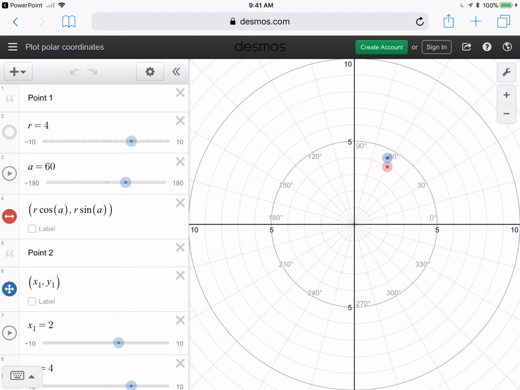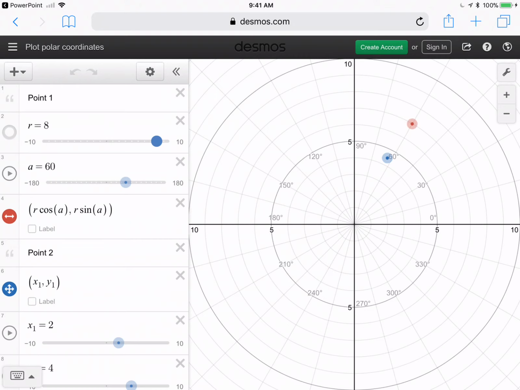So what I have here are 2 points that are plotted on my axes here. The first point is in polar coordinates. Here instead of using radians, we're using degrees for our angles, and we've called the angle A instead of theta. So point 1 is r comma theta, or r comma A, and it's going to be the red point. So watch as I move the r value here. So my A is at 60 degrees right now, and as I move r, you can see the point